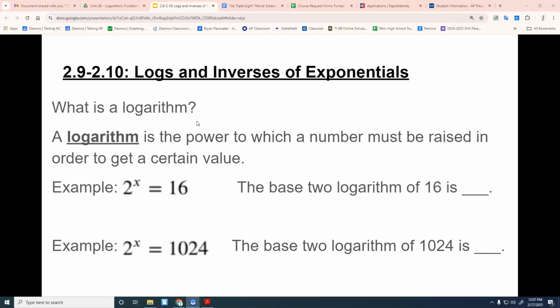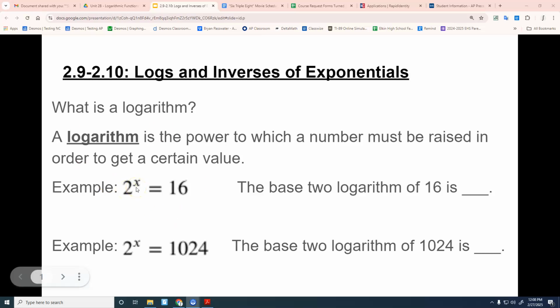You learned how to do some things with them last year, but if we're talking about what in the world is a logarithm, I think that the way that this is presented in AP Precalc really helps you understand what a logarithm is and why we need to use them. So a logarithm can be defined as the power to which a number must be raised in order to get a certain value. So, for example, if I have 2 to the x power equals 16,